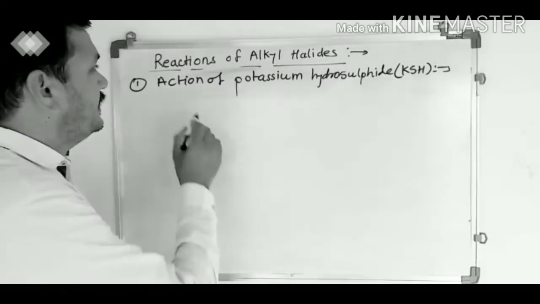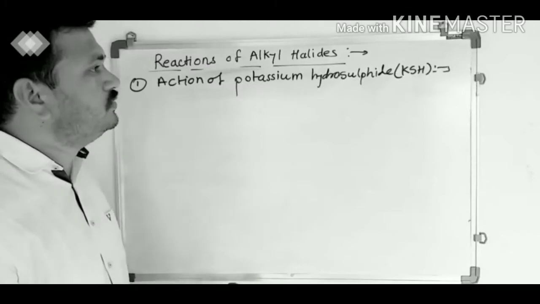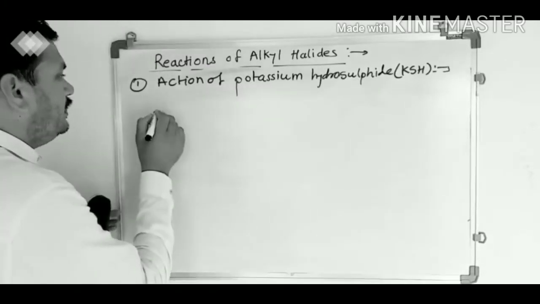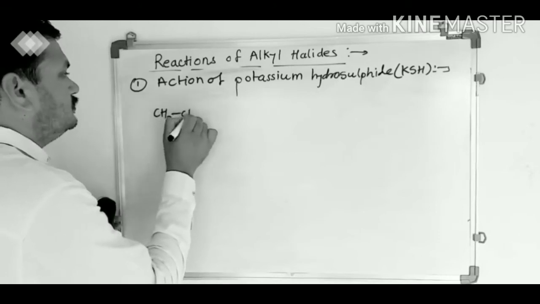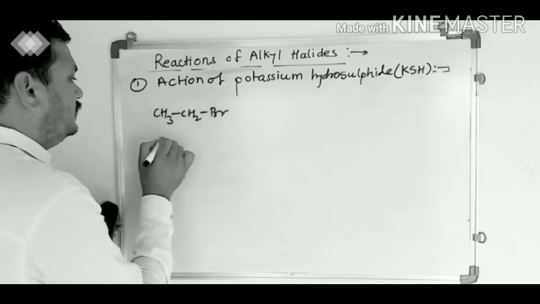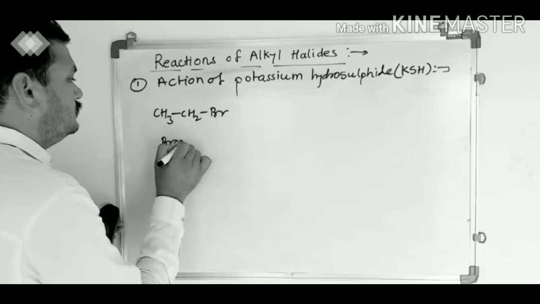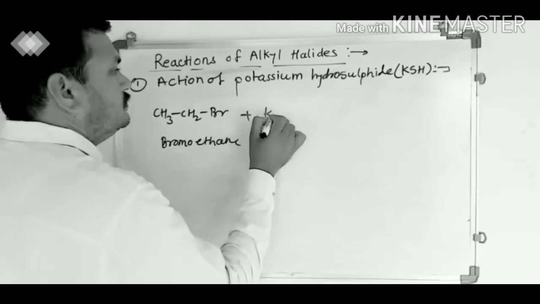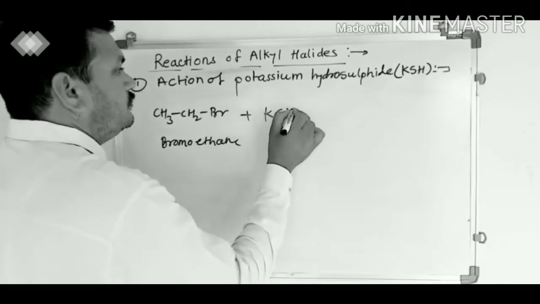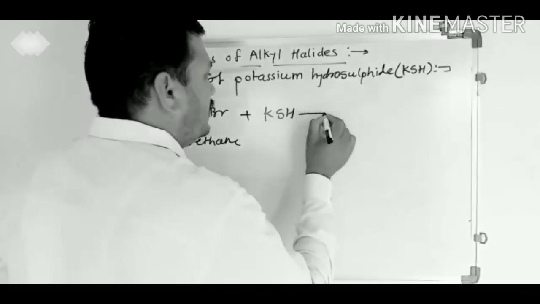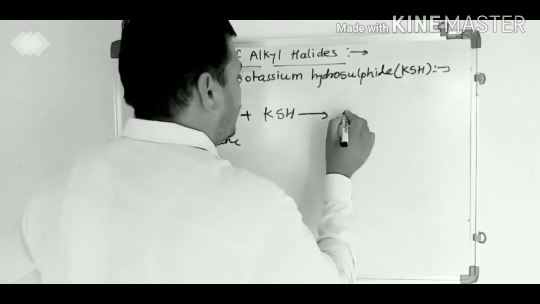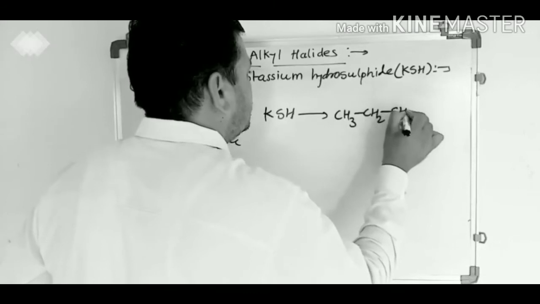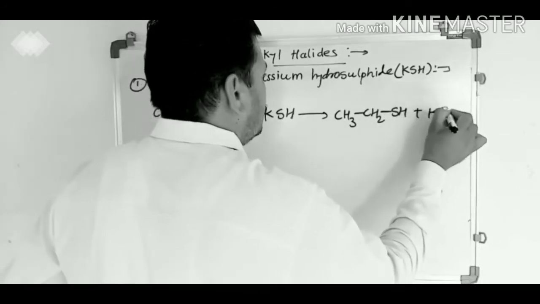Now we will see the action of potassium hydrogen sulfide on alkyl halides. When any alkyl halide, it is bromoethane, is treated with potassium hydrosulfide, then formation of thiol takes place. That means CH3CH2SH plus KBr. It is